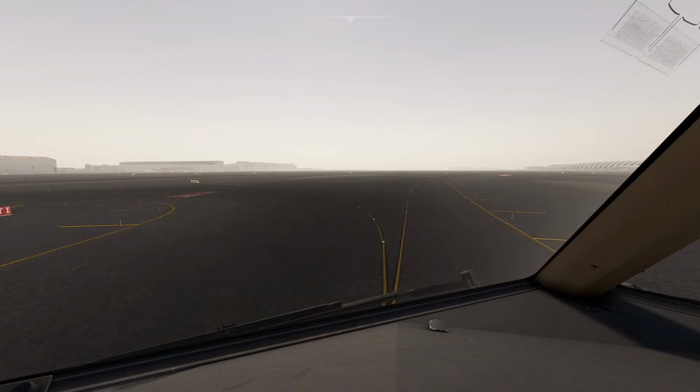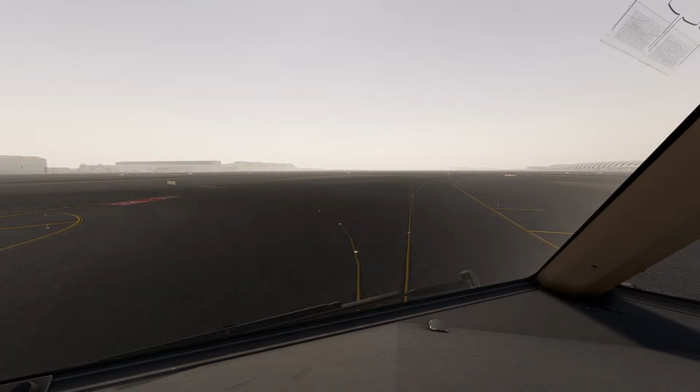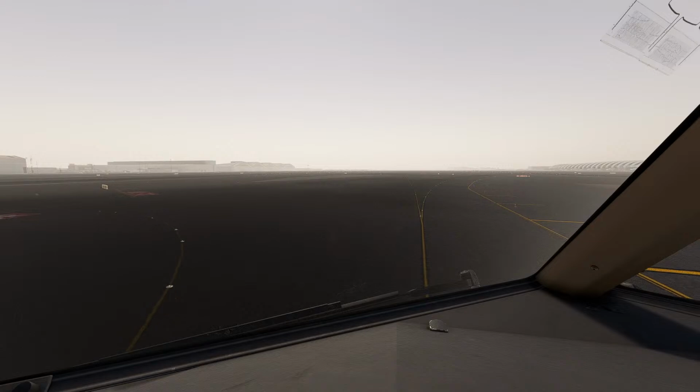Where are we up to? We are just passing the holding point Mike 7 Alpha, so let's hope the